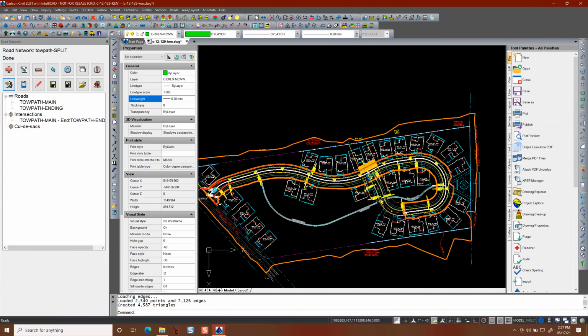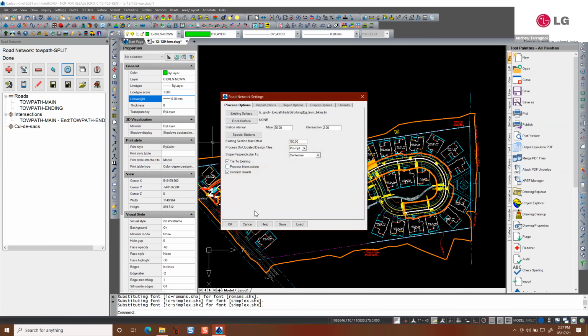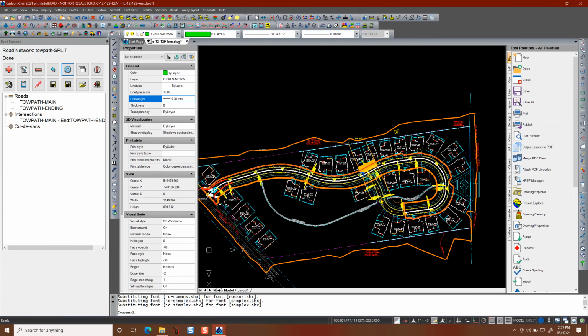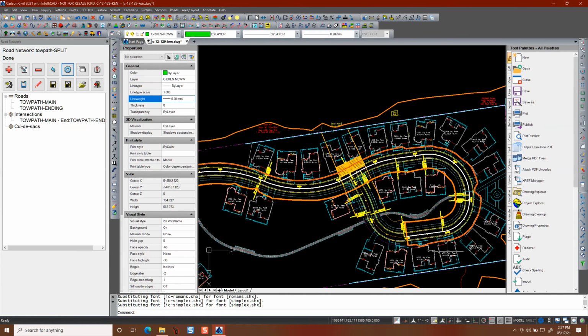So when it sees that change, when you turn the process intersections setting on, for whatever reason, it's now no longer looking at just everything